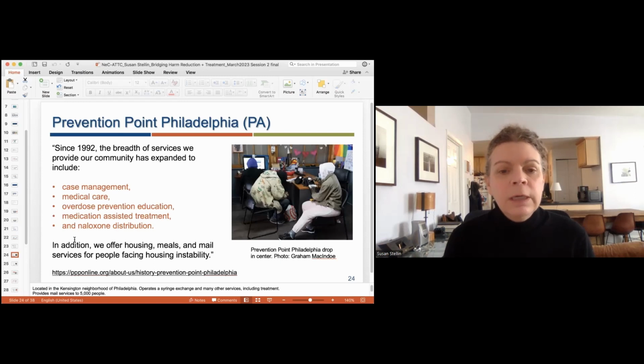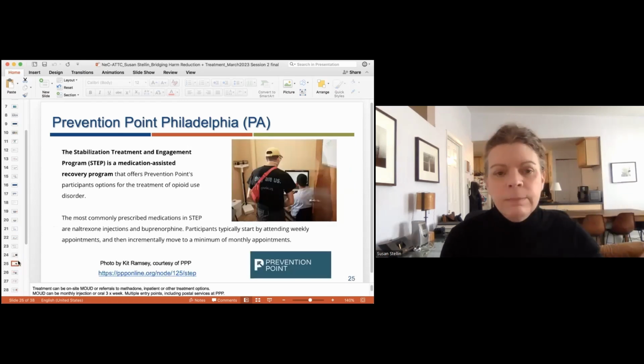So this is all from their website. And they also offer housing, meals, and mail services for people facing housing instability. So they now provide mail services, basically offering an address to people who otherwise wouldn't have a consistent address, to about 5,000 people now. So someone might be there to pick up mail or first engage with them because of that service, and then be in the drop-in center in line to pick up mail and hear about